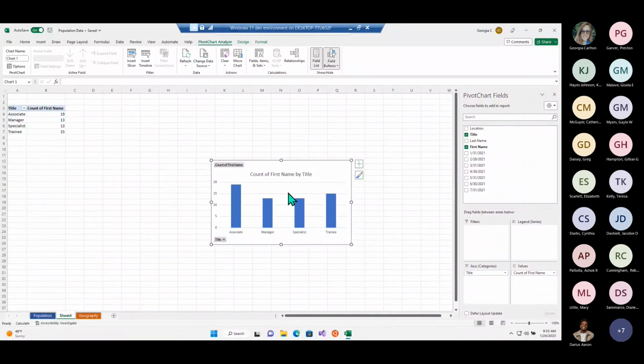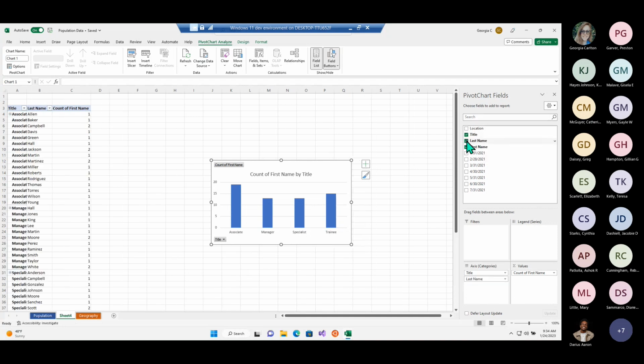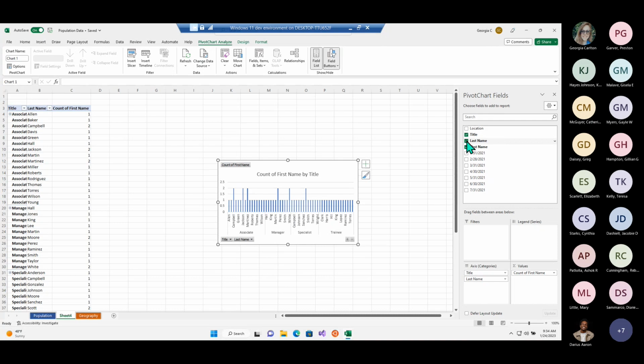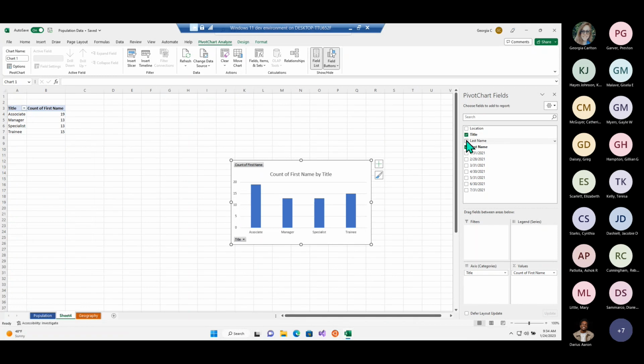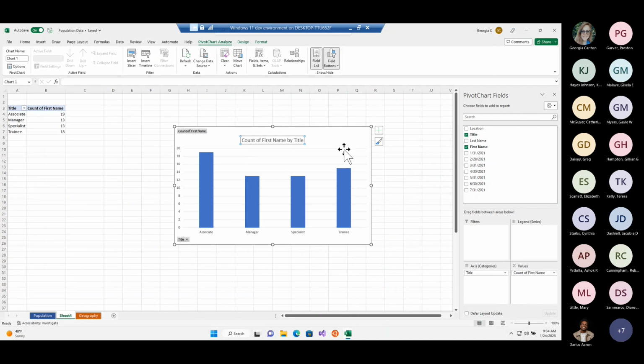And we'll have the ability, and this is a little area about pivot charts. But pivot charts are going to give you the ability to identify different fields and remove different fields, just by selecting these areas over here. So if I wanted to do it by last name, I can say last name to incorporate that into this chart here, or remove it just by clicking on that last name area again. So we can change these around a lot, and I can change the information just by selecting that information and saying